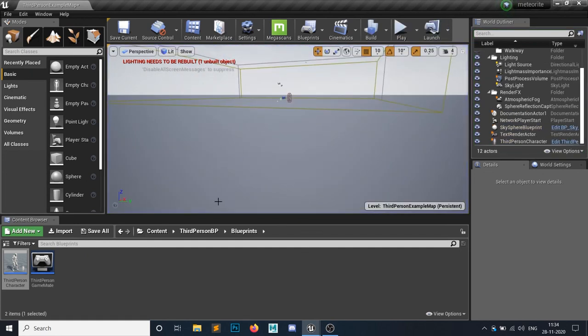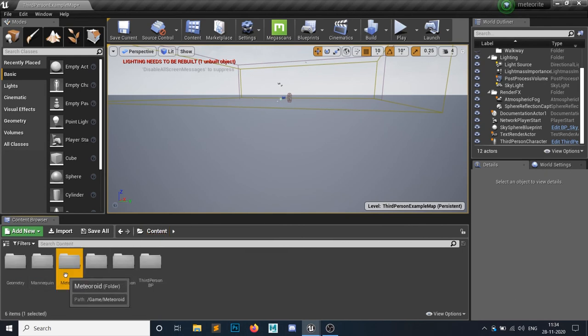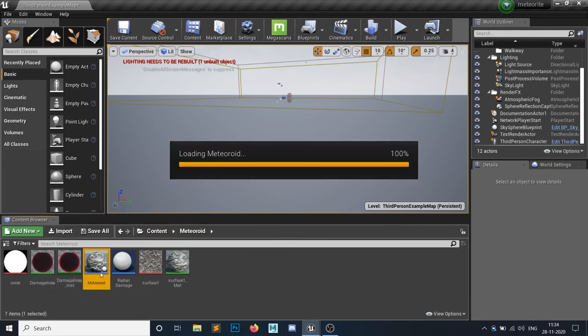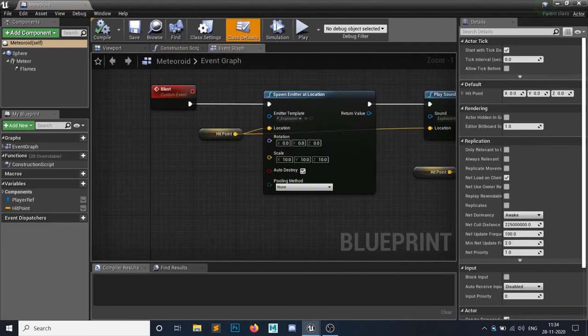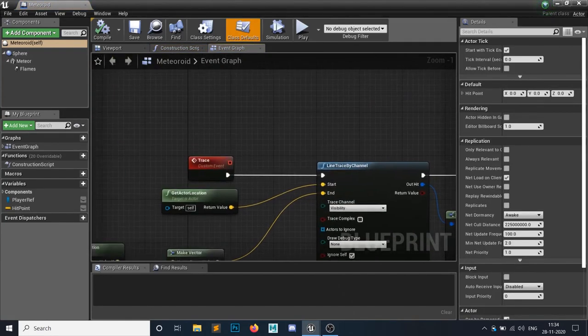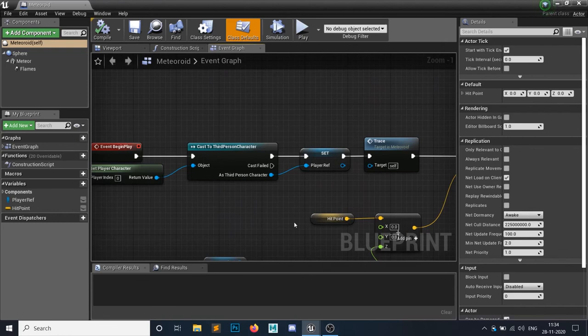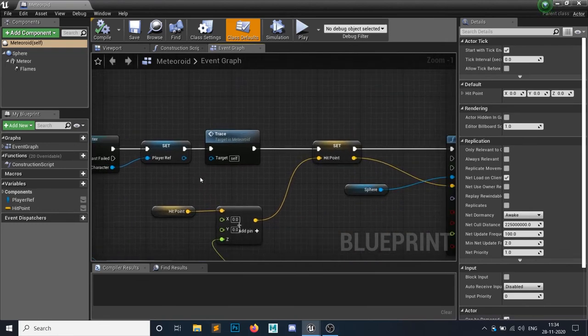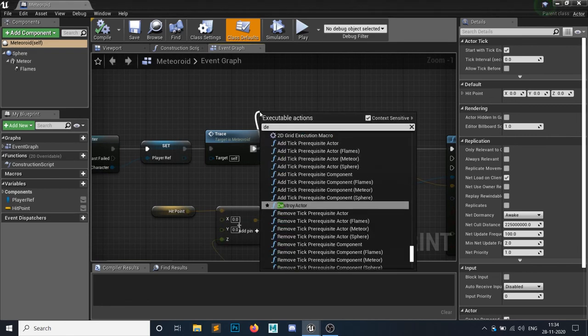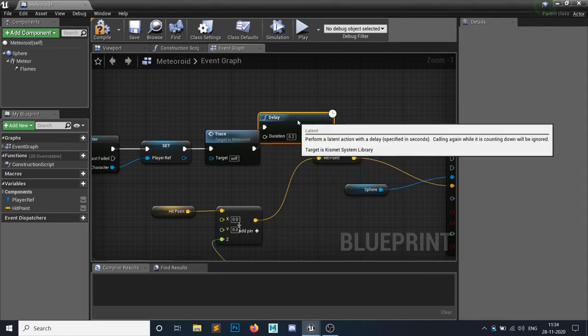Okay, so everything is working fine except for just one thing. Let's check this in the meteoroid, in the event begin play, where it was this one. As you can see, first we are casting to our player character, then we are doing the trace, right? And after doing the trace, we are simply moving the meteor. So let's say after doing the trace, we want to wait for some seconds.